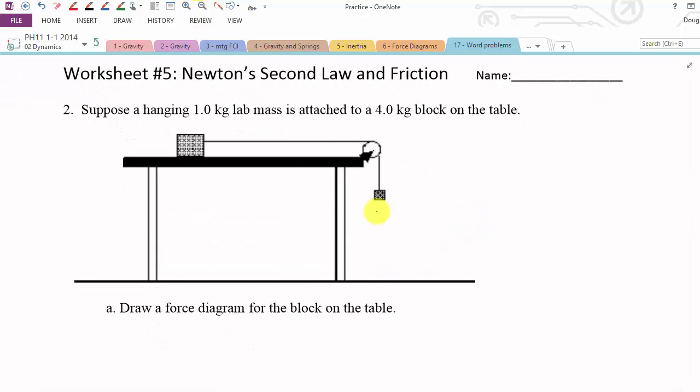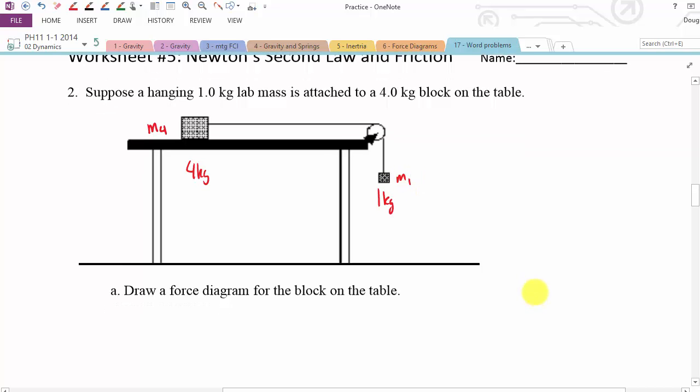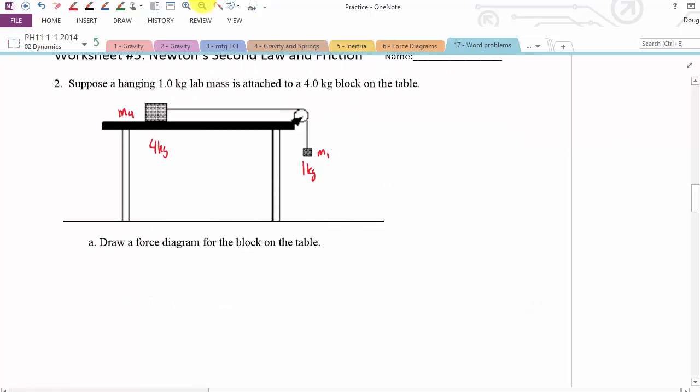So first of all, I just want to be really clear, that's a 1 kilogram object. This is a 4 kilogram object. I'm going to call this M4 and M1. We have two objects, there's two masses, so let's try and be clear on what those things are. First thing it asks is draw a force diagram for the block on the table. So M4,